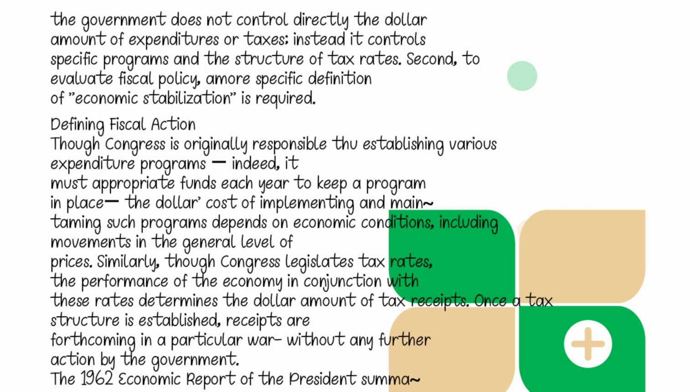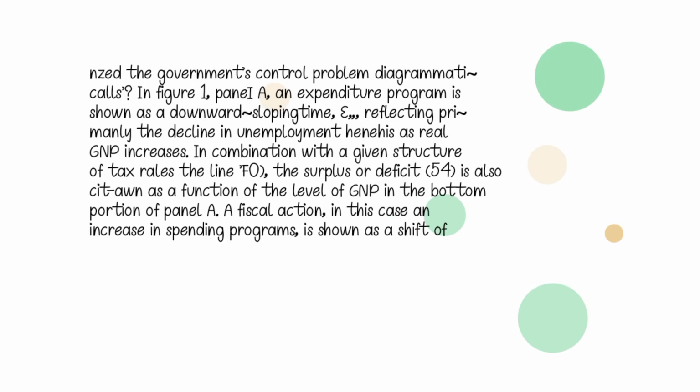The 1962 Economic Report of the President describes the government's control problem in a diagram. The figure shows how the programs decline as employment and real GNP increase, given the structure of tax rates. The purpose is also to show certain functions of the level of GNP, the bottom portion of the fiscal action diagram, which is shown in a separate set of